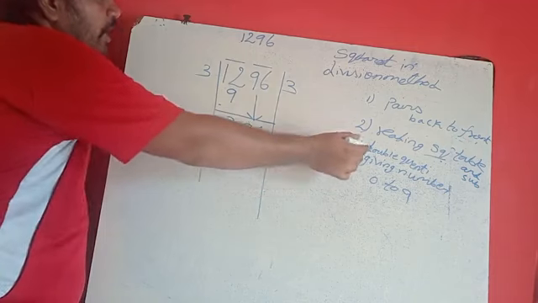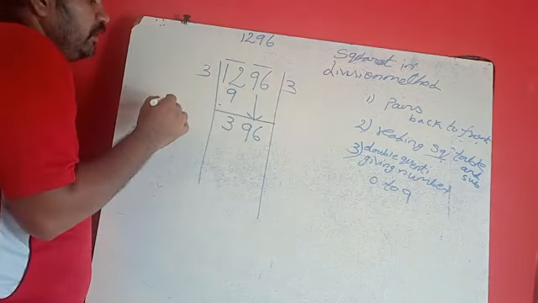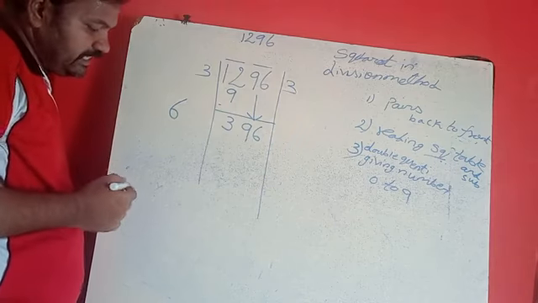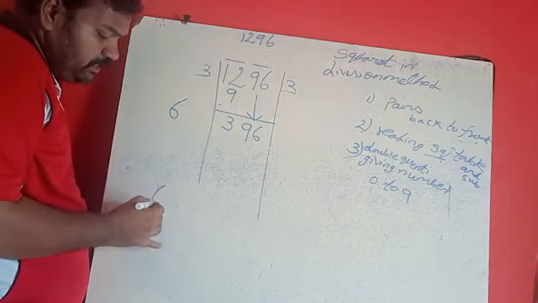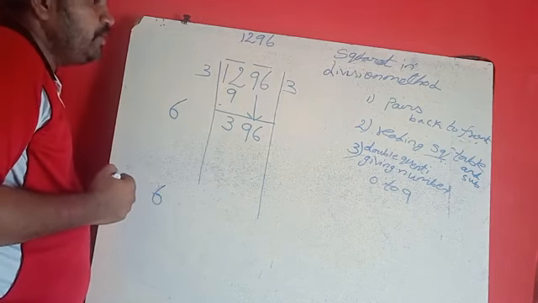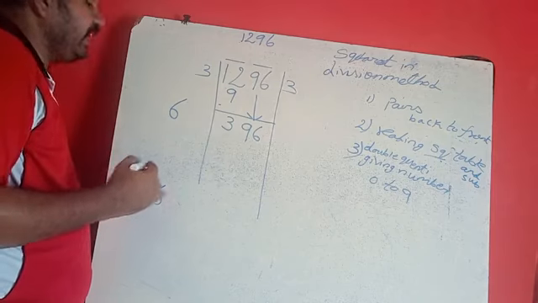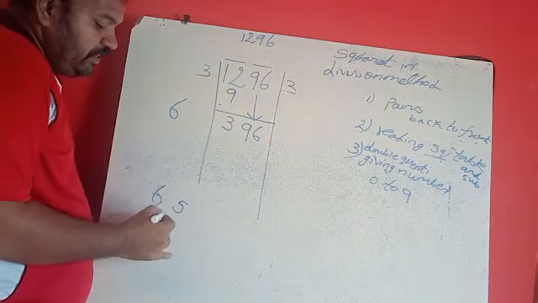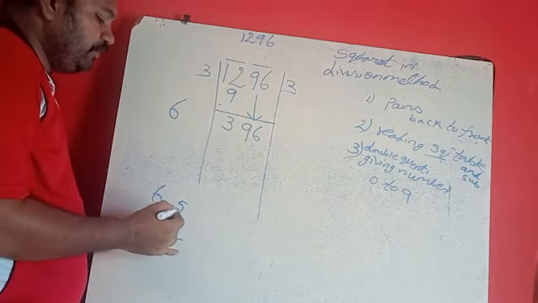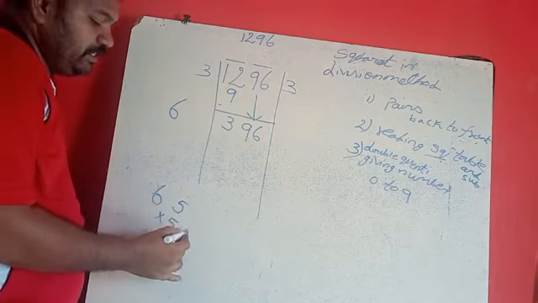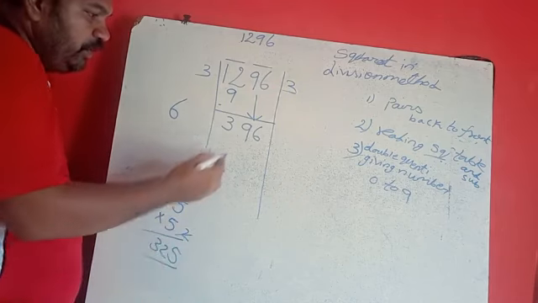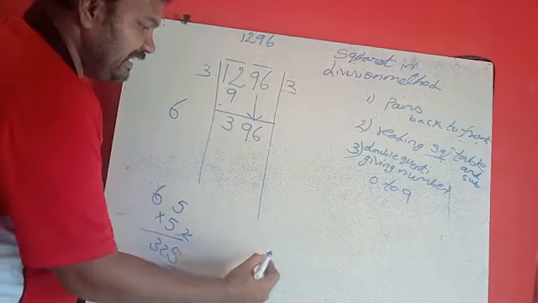Then what do you have to do? Double the quotient. 3 double is 6. After doubling the quotient, we have to give a number. Which number do we have to give? From 0 to 9. Always I will start with 5. Whichever number you wrote, with that one you have to multiply. I took 5 into 5. 5 5s are 25. 6 5s are 30, plus 2 is 32. 325 is the nearest one.